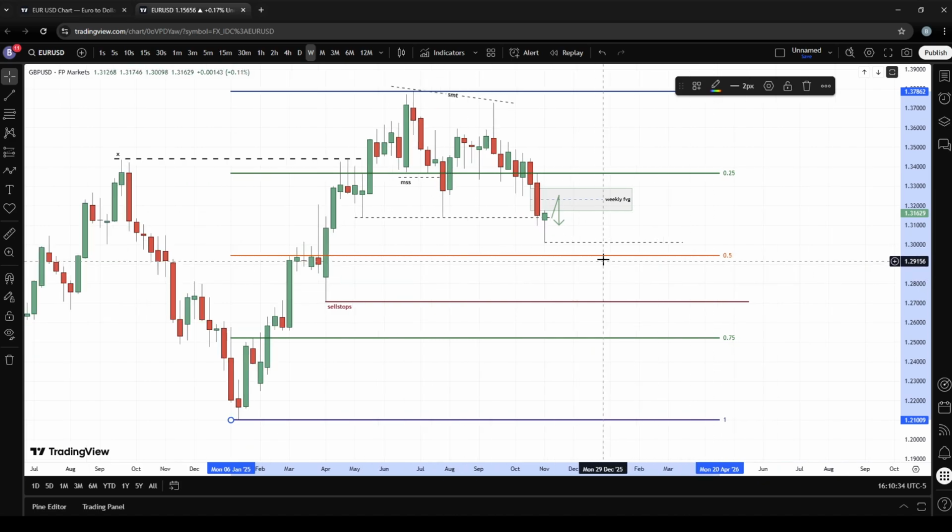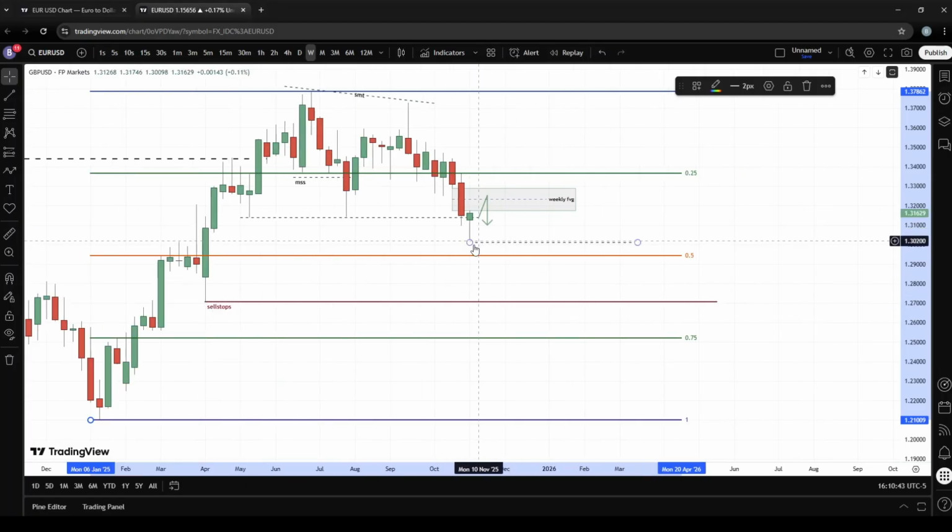50% level are lows. So this low also may highly likely attract price, but your initial sell stops should be this one and this one. Okay, then this one you'll use to journal your trades. Okay, so